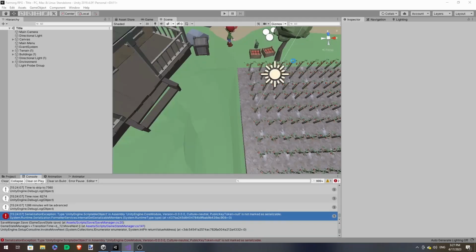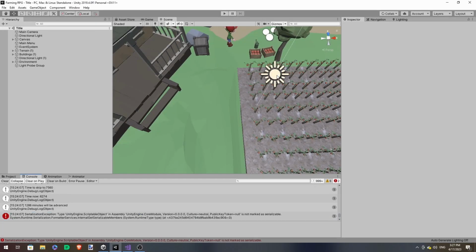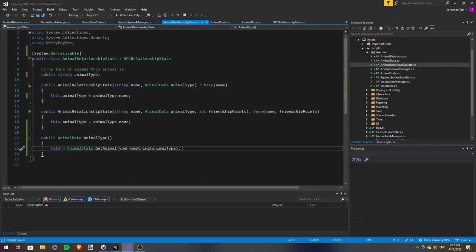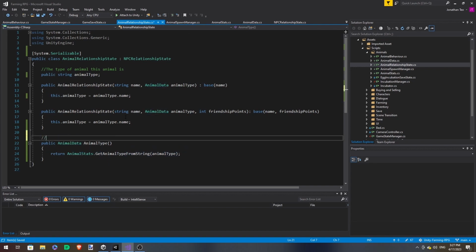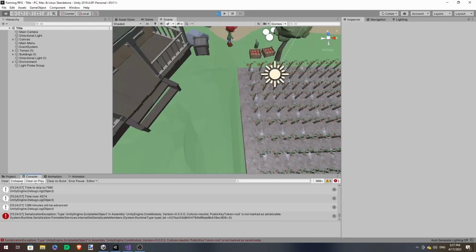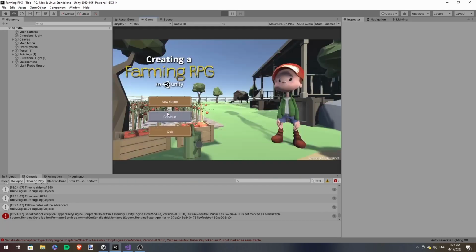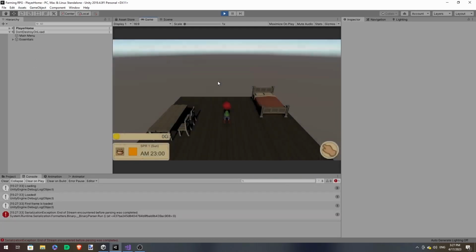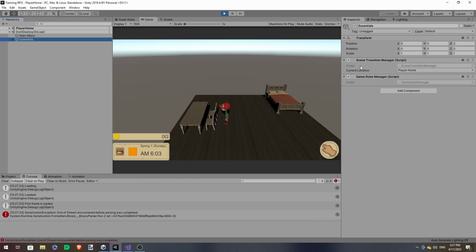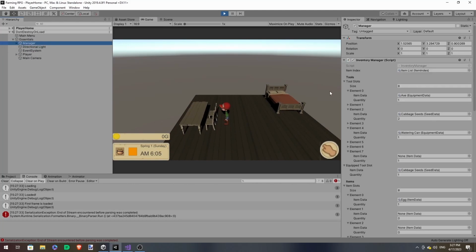Okay. So what I just did is I saved the animal type as a string, and now when we want to reference, it just converts it back. Okay, should work now. Serialize everything again.